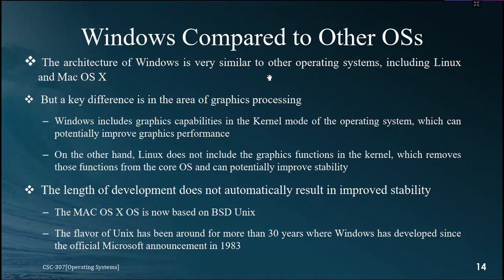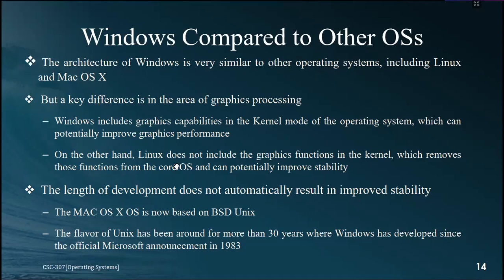The architecture of Windows is very similar to other operating systems like Linux and Mac OS, but the key difference is the area of graphics processing. Windows includes graphics capabilities in the kernel mode of the operating system, which can potentially improve graphics performance. Whenever you take the graphics course, you will have a clearer idea of how this is done. But in short, graphics capabilities are embedded into the kernel mode,